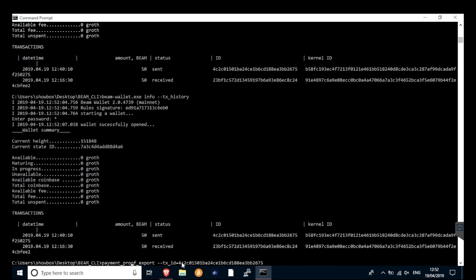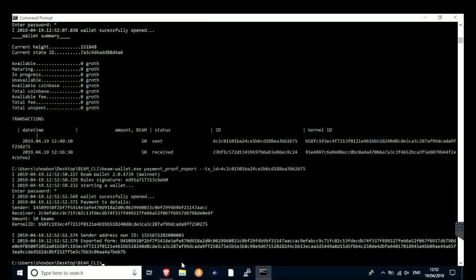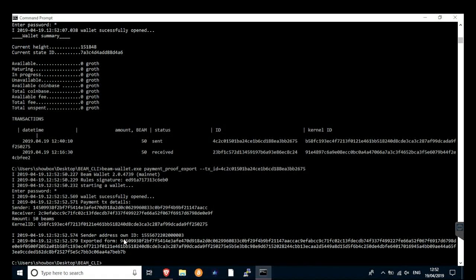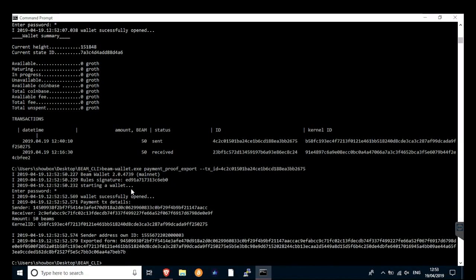Of course, ensuring that your command line is complete by adding in the beam wallet command at the start of that command. No problem. There we go. And that will give us a long string of numbers and letters which relates to the proof of payment code. So you want to then get that code, copy it, send it to the receiver so that they can check